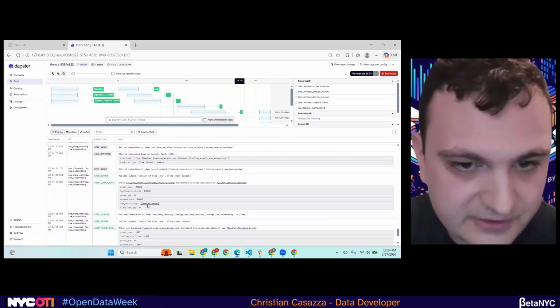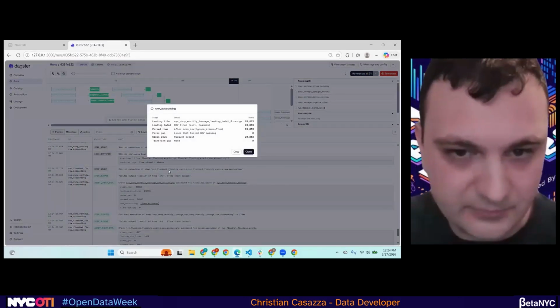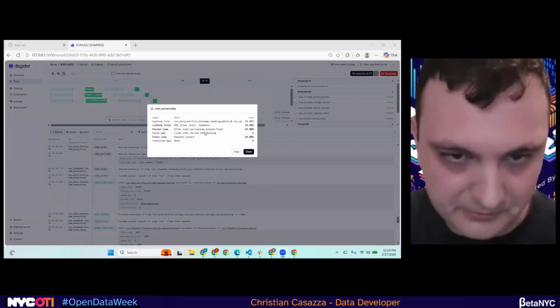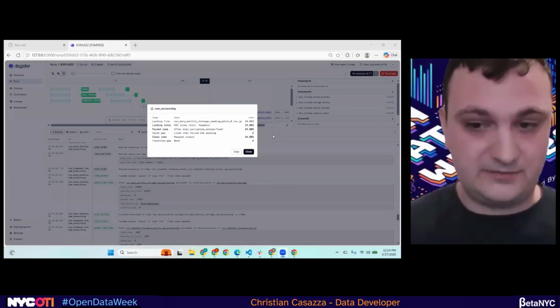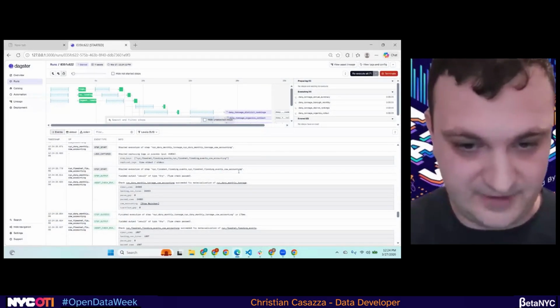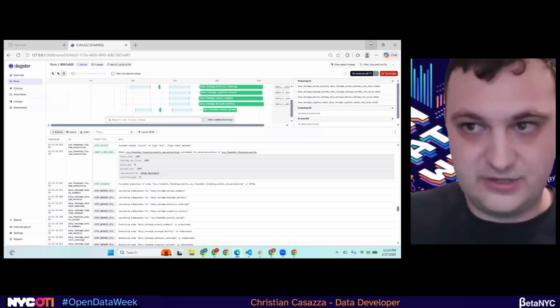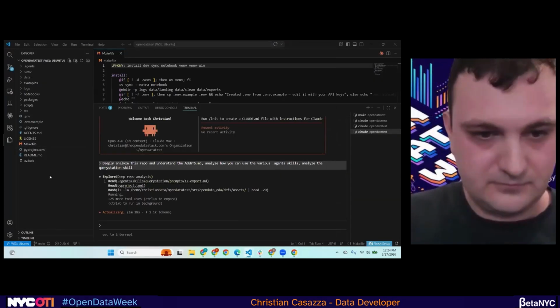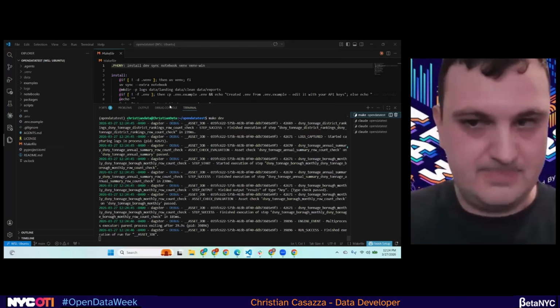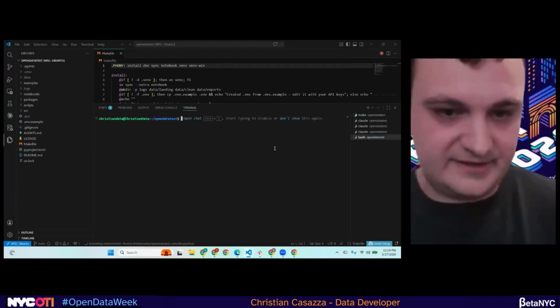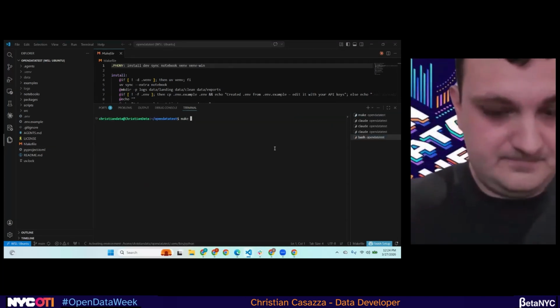I get a nice row accounting that made sure these were the total number of raw rows I had, and these are the total number of clean ones we did. Okay, that worked. That all passed. I can trust that data. Fantastic. So then at the end, cool. Now we're going to go here. So now let's analyze the data we just downloaded with our notebook.